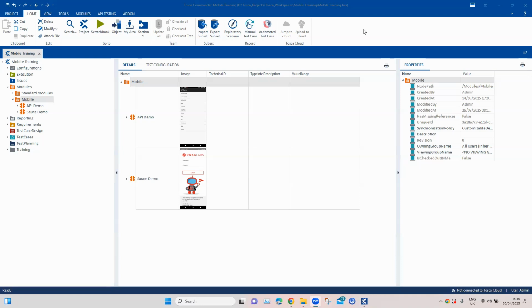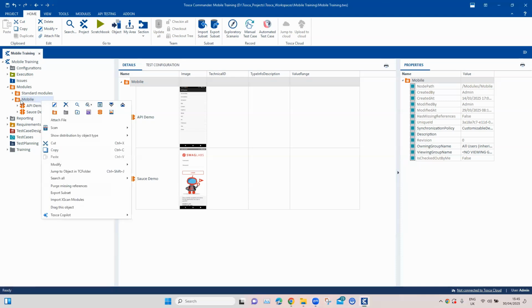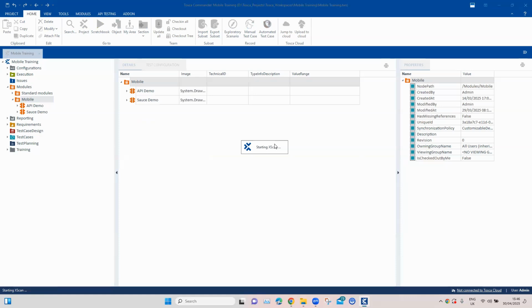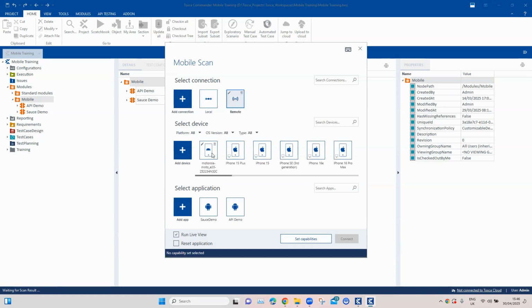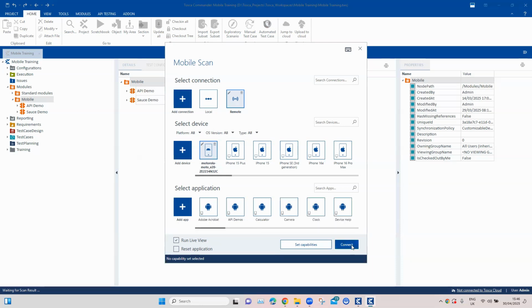So let's talk about how we can go ahead with this image-based test automation, or how we can use this particular method to scan our controls using the images rather than the actual controls. So here I'm going to create a new module under the mobile folder. So we are going to use the mobile scan engine and we'll use that particular option. So here I will select the connection as remote, and then I will select my real device, which is an Android device here. And then in the application, I'm going to select the source demo application, and I'm going to